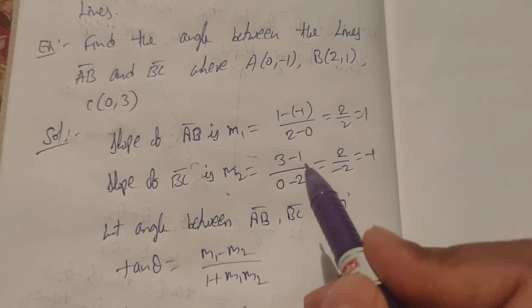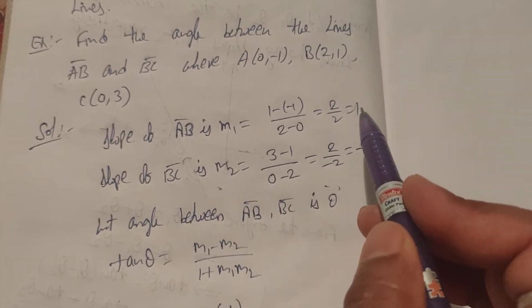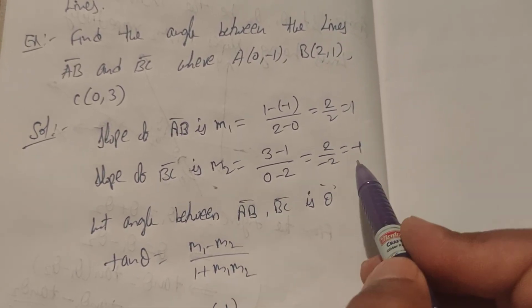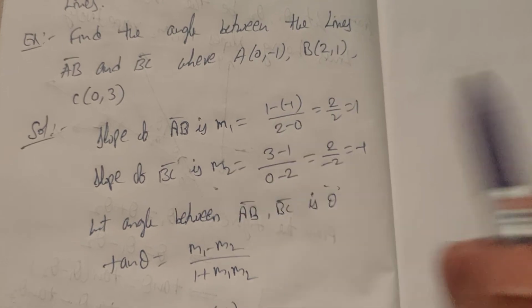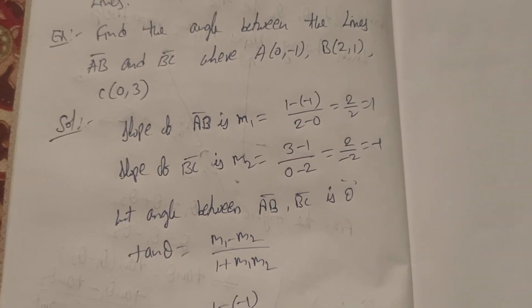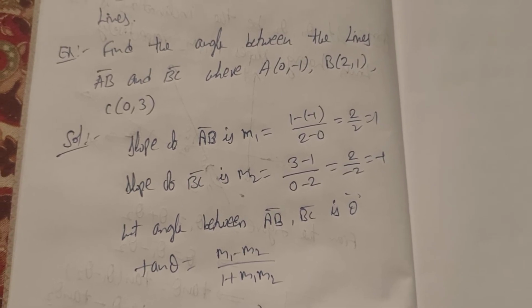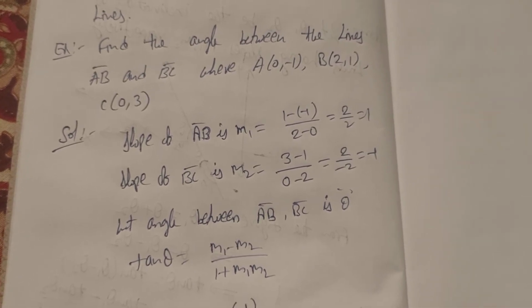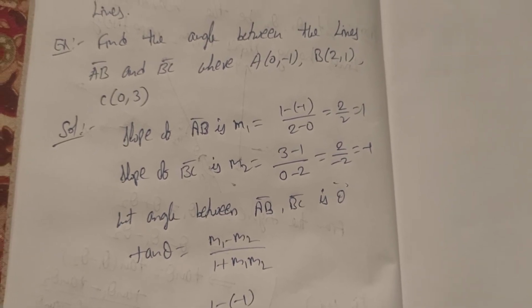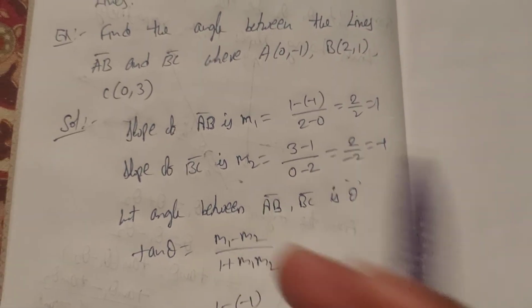So if you understand here, m1 into m2, if you multiply 1 into minus 1, that is equal to minus 1. So if the product of the slopes m1 into m2 is equal to minus 1, it means the given two lines AB and BC are nothing but perpendicular lines. Perpendicular means 90 degrees, pi by 2. If you want to use the formula,